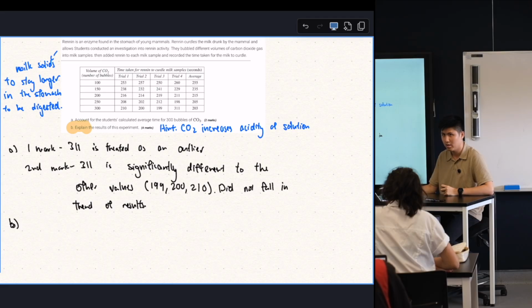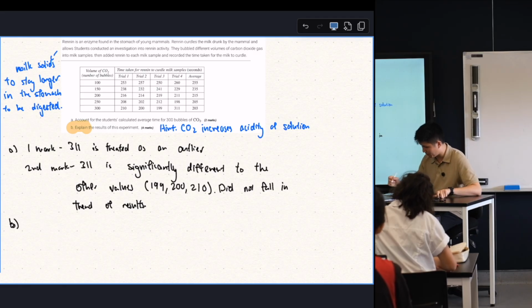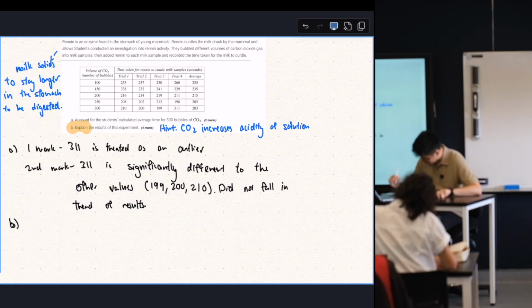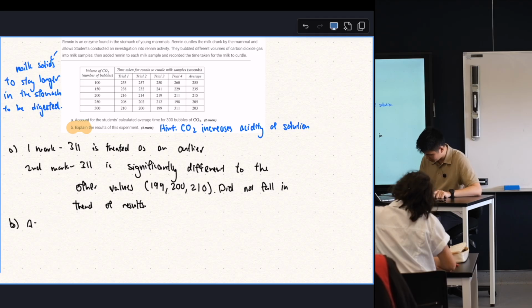Yes, Taylor? The stomach usually has a more acidic environment, so as the pH becomes more acidic, then it becomes closer to the right conditions, so it'll be more efficient. Yep. That's good. So I'm just going to write that for the first few marks. So I'm just going to identify my general trend here